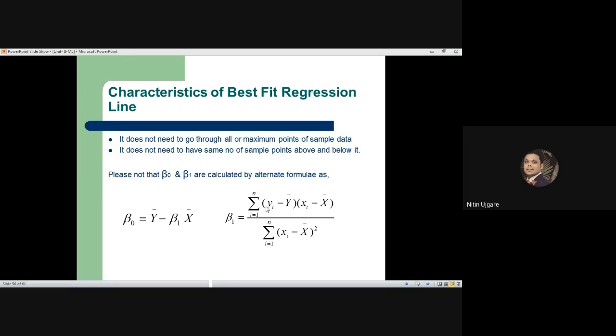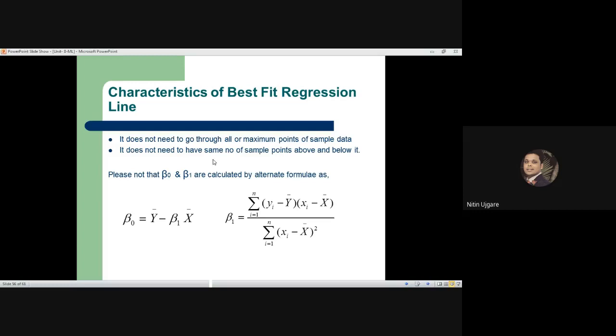And it is also not expected that the points above and below the line should be of equal size. It is not necessary. Sometimes it depends on the distribution of the samples in the data set. If you have an unequal distribution of samples within a data set, then you may not get an equal number of instances above and below the linear regression line. You may get a different distribution, a different rate of classification, for the different regions of your output classes, is what I mean.